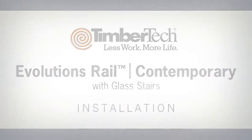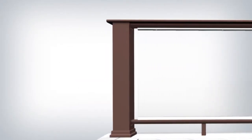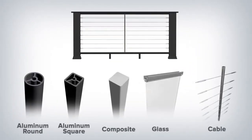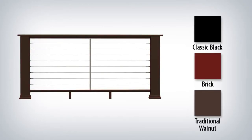Evolution's Rail Contemporary, TimberTech's sleek, modern, continuous top rail style railing system. Evolution's Rail Contemporary's versatile design allows for 5 infill options with a template laser etched onto the universal rail. It is available in a dark, rich color palette of classic black, brick, and traditional walnut. These color choices can be mixed and matched to provide a customized railing system that will accent the beauty of